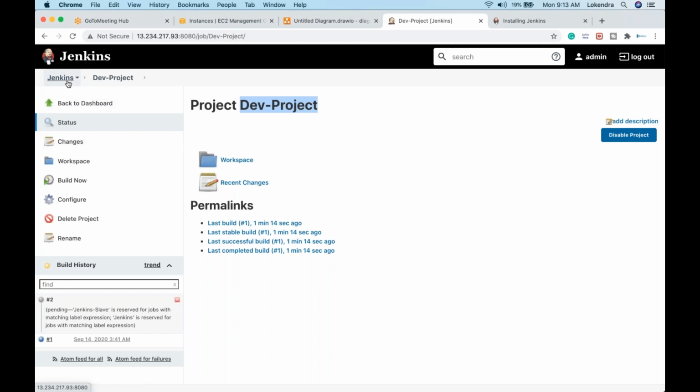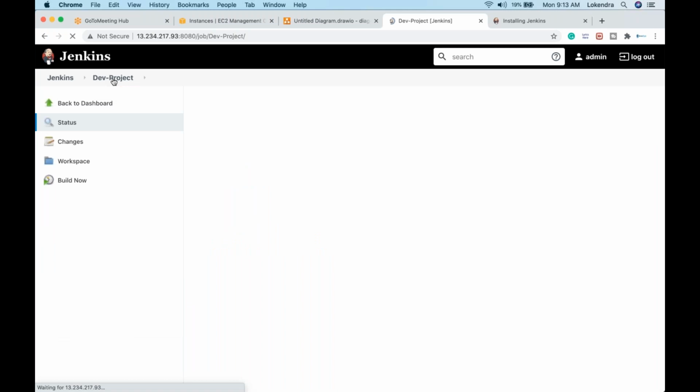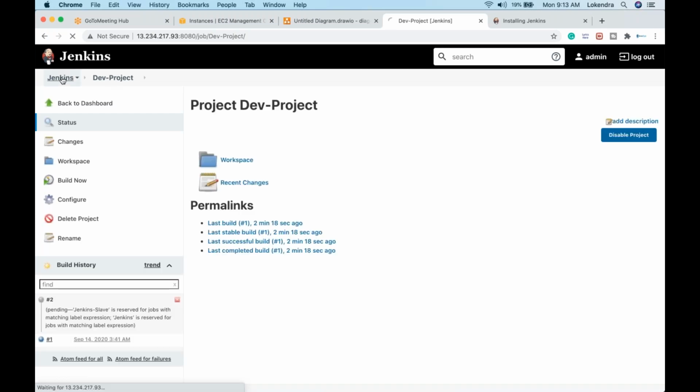So what I can do here is, in this case, whatever jobs are executed, they should be sent to any slave server, right? So I'm going to do that right now.